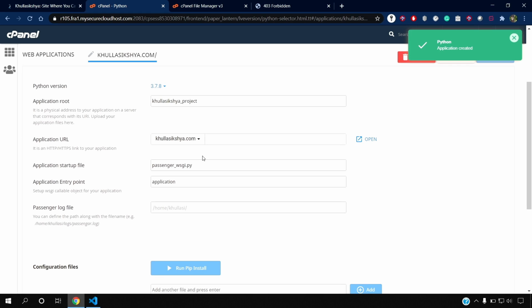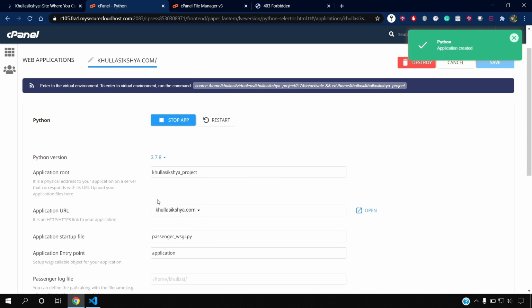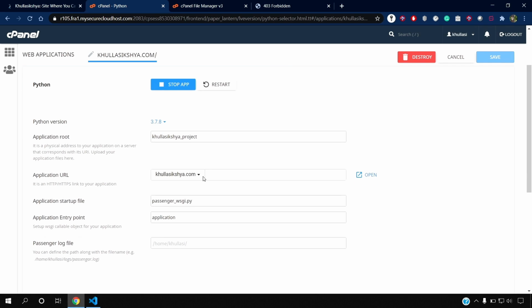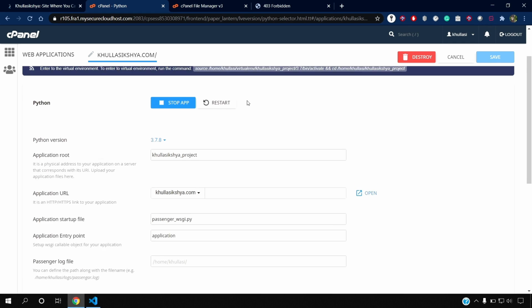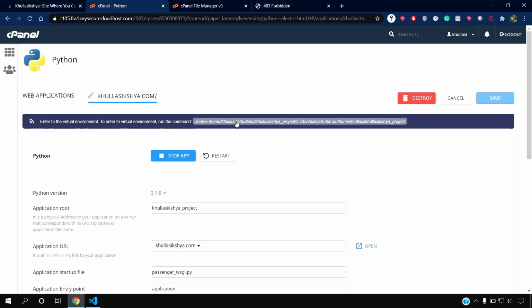So this application is successfully created. Here we have the virtual environment directory, this is our startup file, and application is the object that it has created. Let's copy this virtual environment directory. Just click on this, and it will be automatically copied.